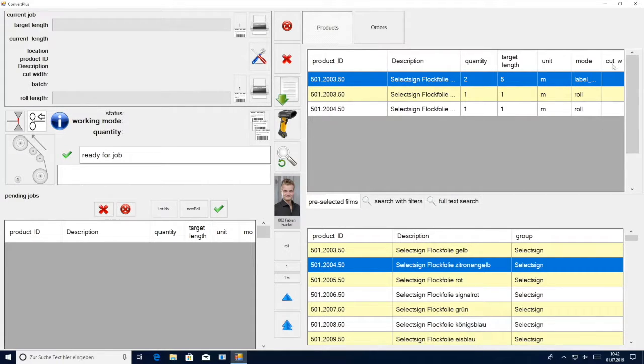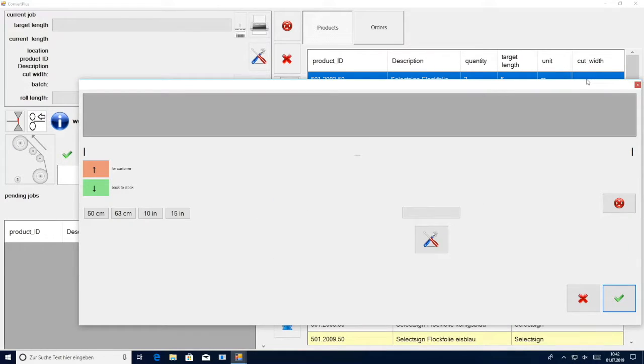The last field that is in this area is cut width. Cut width allows operators to determine the slitting pattern for the material that needs converting. In this example, we can use two 50 centimeter rolls coming off of 100 centimeters. You're also able to change to green or orange. The green option is telling the machine that it's going back to stock or to your warehouse, and the orange option means that it will be sent to the customer. This is important because it'll print different labels: one for the warehouse when it's green, and when it is orange, it'll be the customer label.